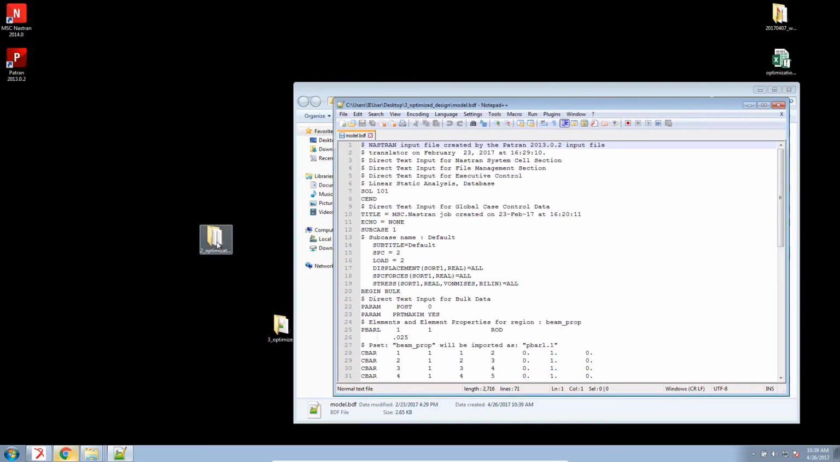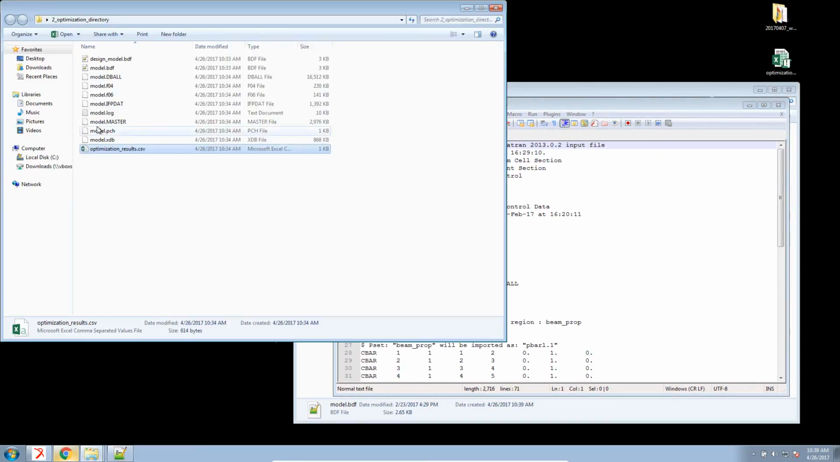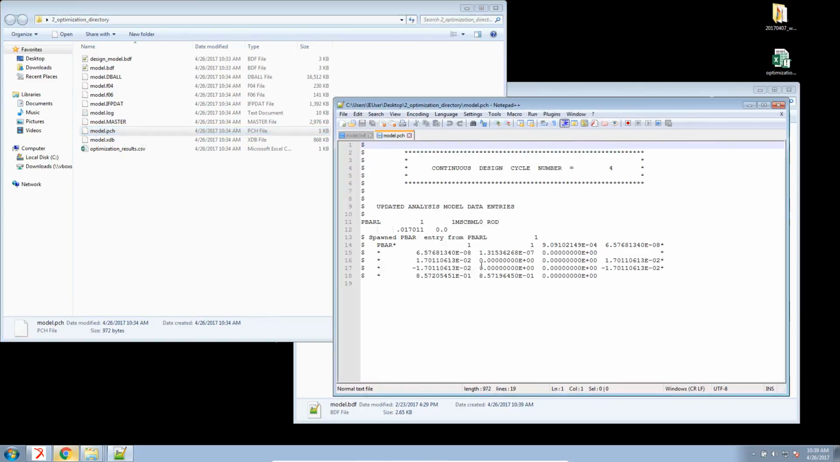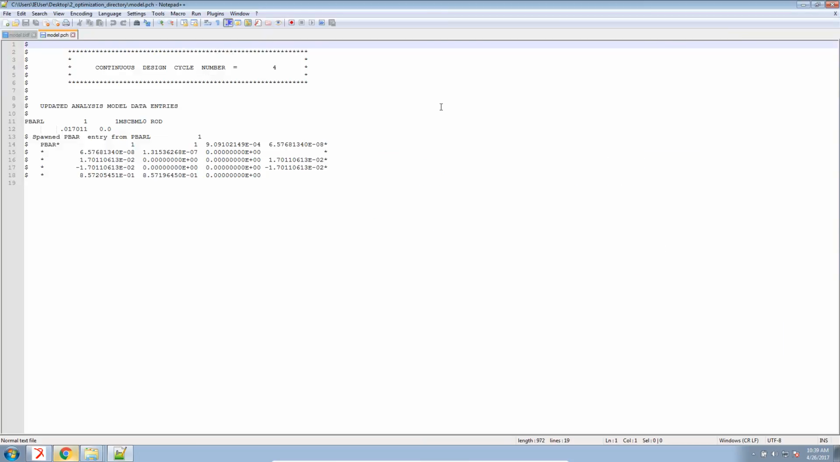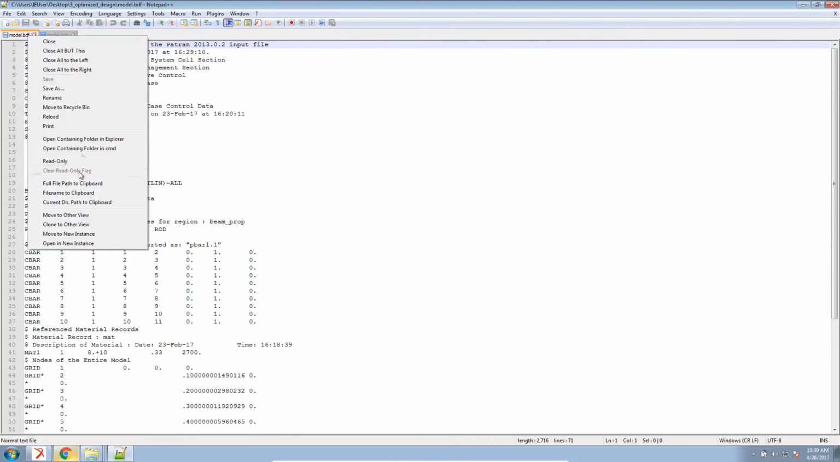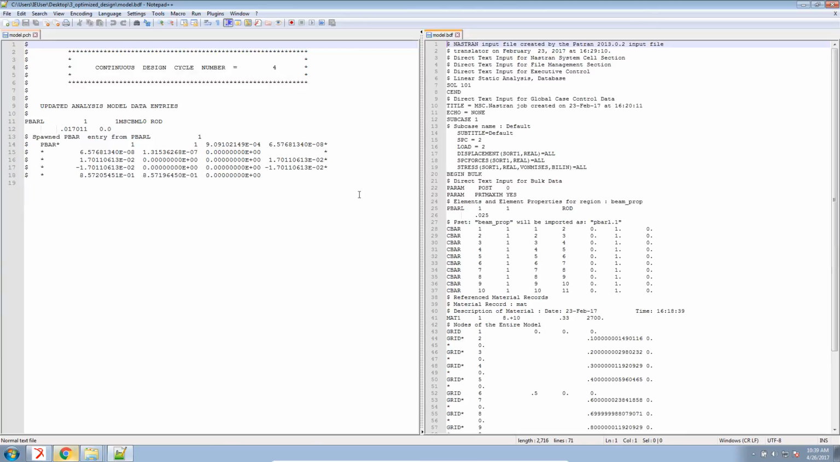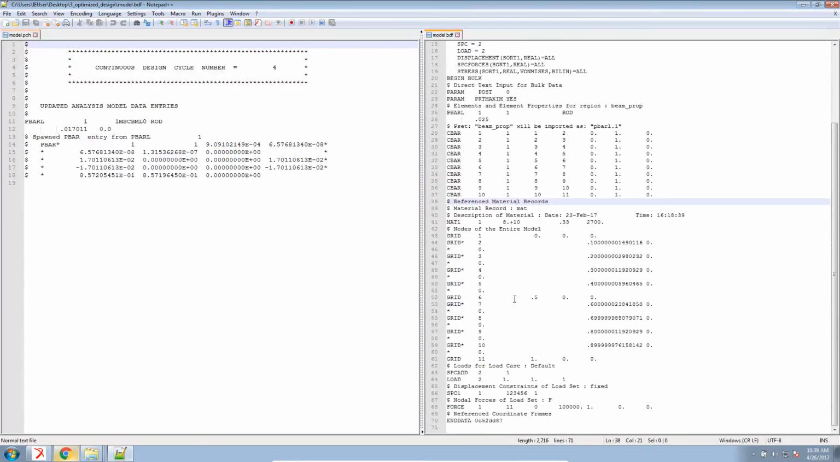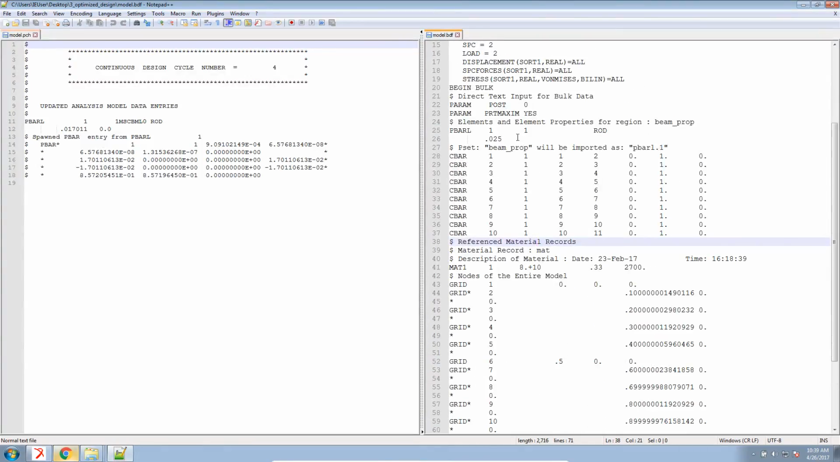In the second optimization directory, there's a PCH file or punch file that was created. Open that in Notepad also. And here, let me take some time while the machine keeps up. I'll move this to the right. Here on the right is the original BDF file. Again, the PBARL entry was specified as being cross-section. And here we have a value of 0.025, which is the old value. The optimized value is